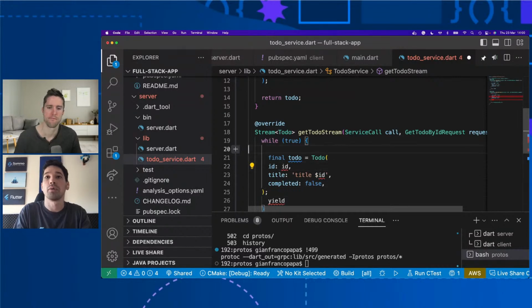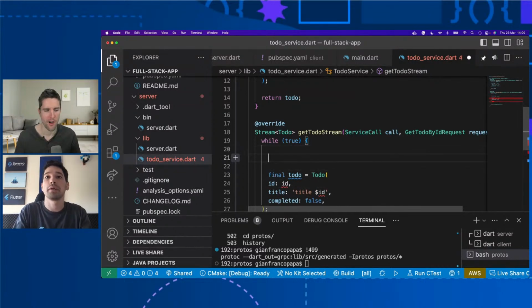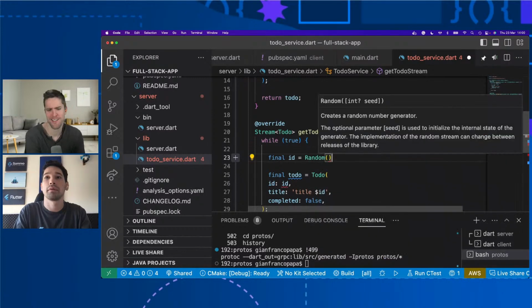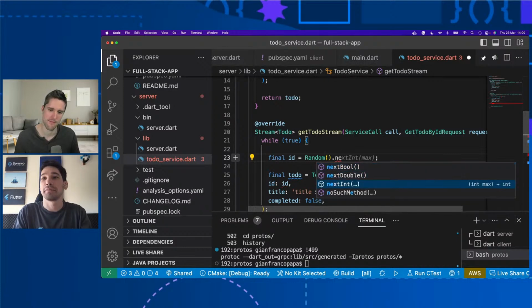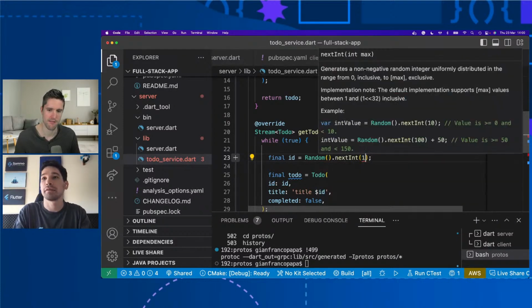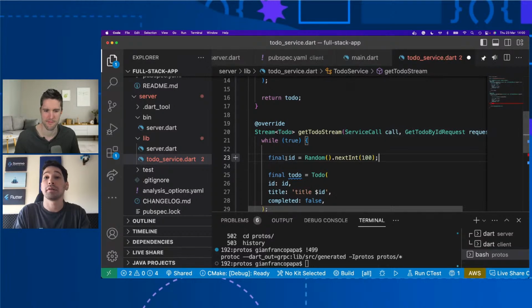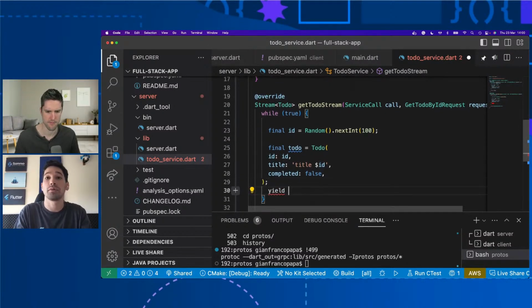Although it's funny, the request specifies a number, so our hypothetical is getting a little fuzzy, but bear with us. So maybe here we can do next int, 100, and we have our to-do here, and we need to yield this to-do.